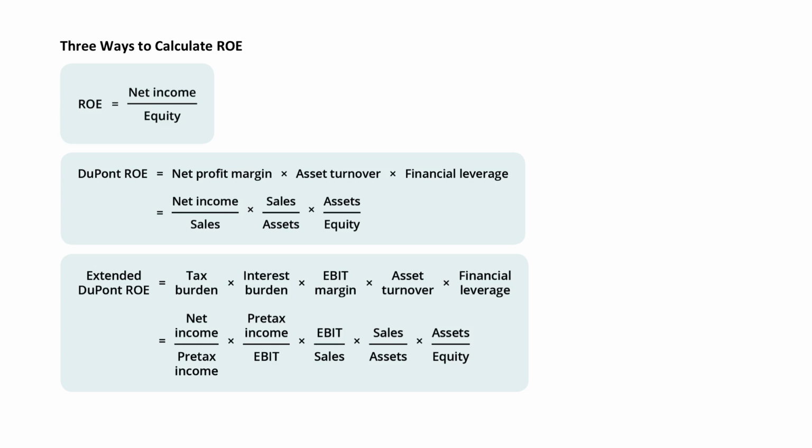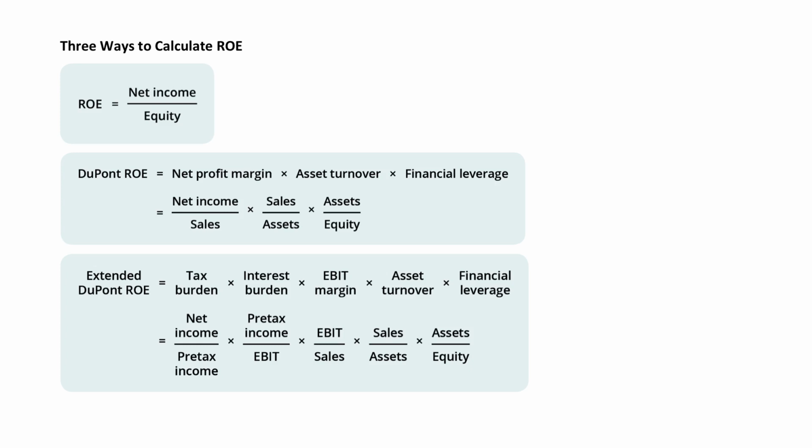So your net income divided by your earnings before tax. While they call it a tax burden, remember, the higher the retention rate, the better. How much income are we retaining after we cover our tax burden? So we want a bigger numerator. The interest burden, again, while it's called an interest burden, it's really a retention rate. How much income am I retaining in that numerator after I've paid my interest? So your pre-tax income, earnings before tax, divided by your EBIT. And then lastly, your operating margin. Again, a retention rate. How much am I retaining after I've covered all my operating expenses?